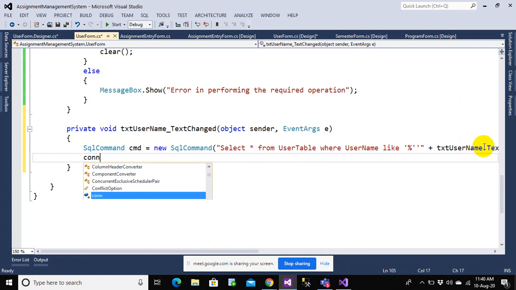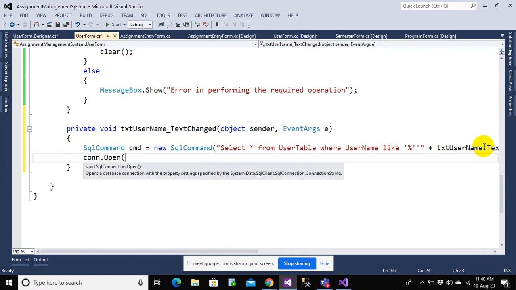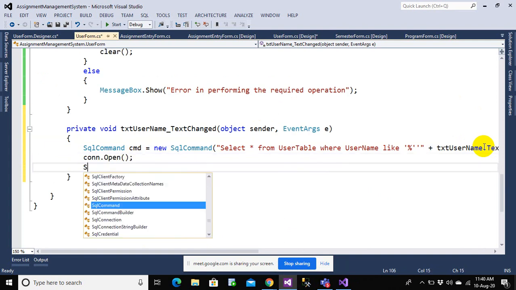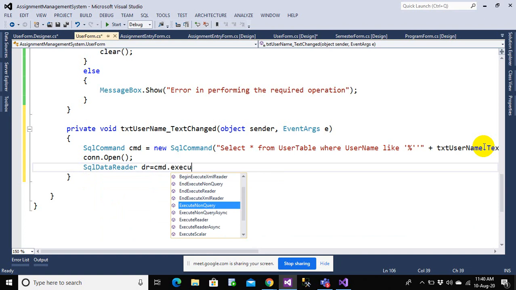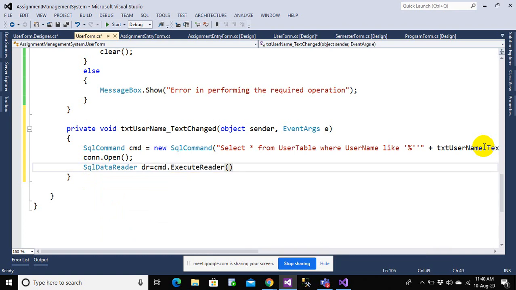So let us open the connection. We need a SqlDataReader. We also need a data table here, so let us create a data table.